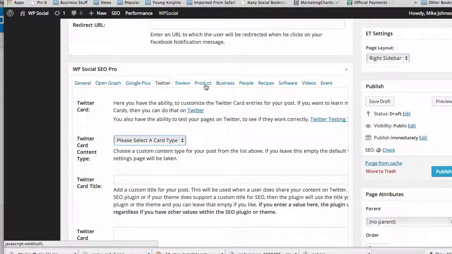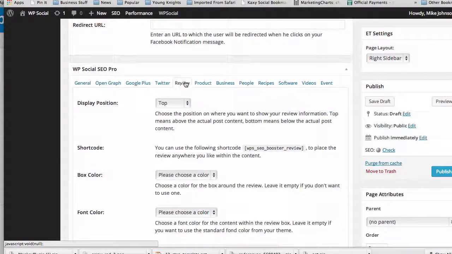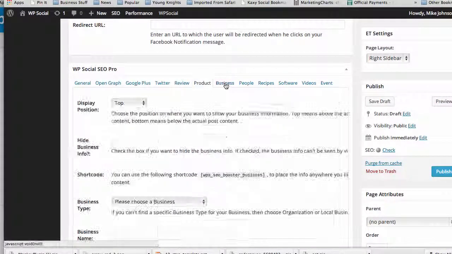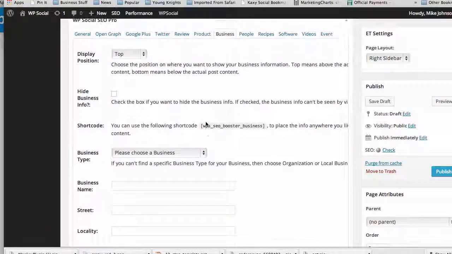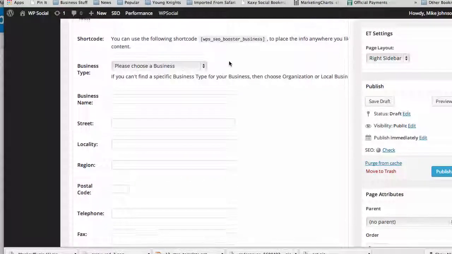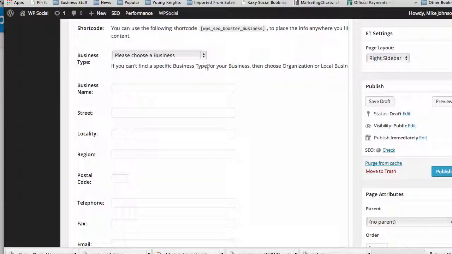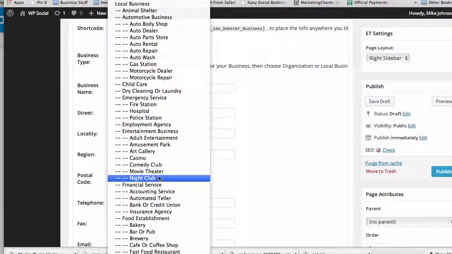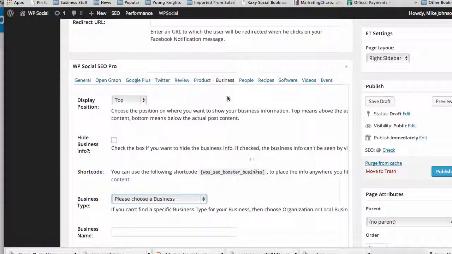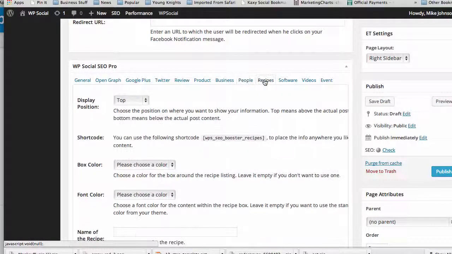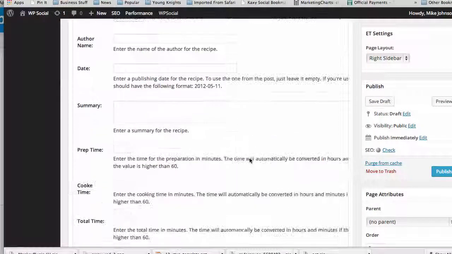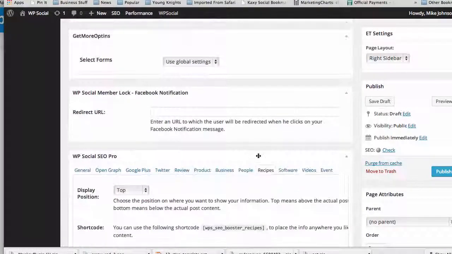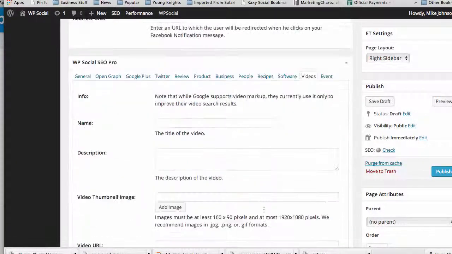And then we get into the whole schema microdata, which includes reviews, product information, and business information for local business, which we have even more of. And you can do this on an individual post and page basis as well. As you see here, all the different types of organizations you can assign your business to, if you're a local business, to ensure that your site is being categorized in Google and other entities correctly. And then you have people, you have recipes. You see all the information for recipes right there, a huge amount of data. Software, videos,